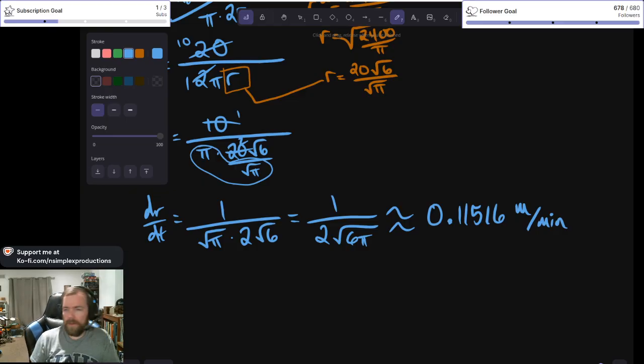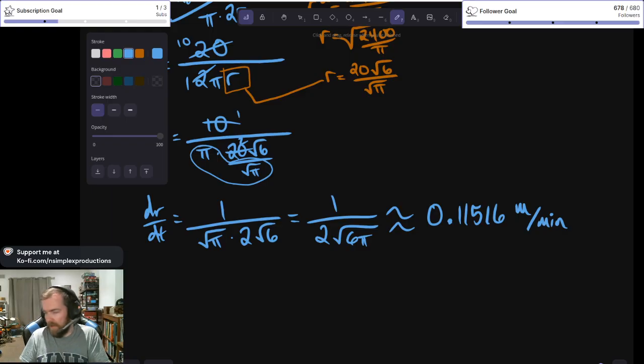Jeez. Yes, 115. Yeah, 115 millimeters. Not very large. Give or take, 11 centimeters every minute. I mean, that's still pretty big, given that this is like,